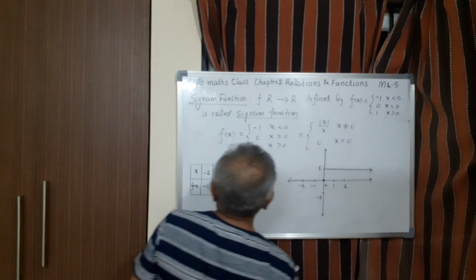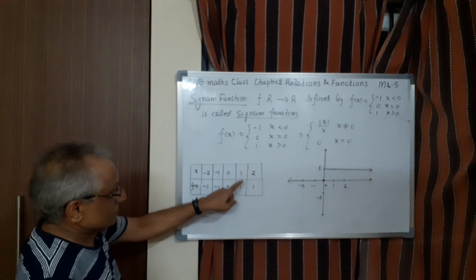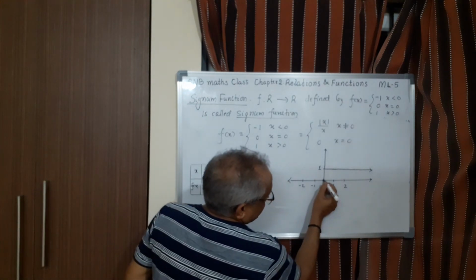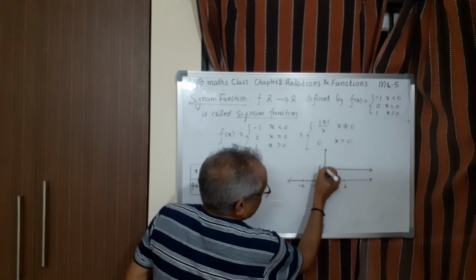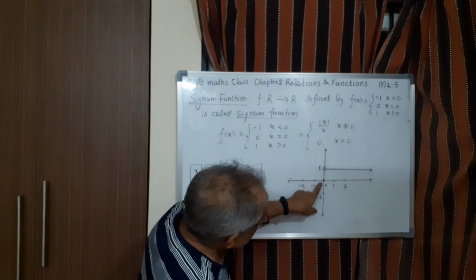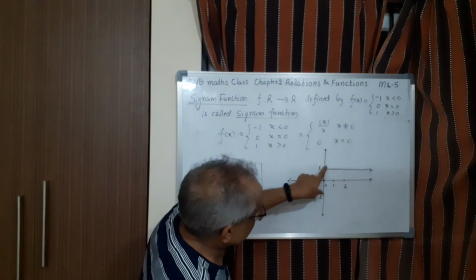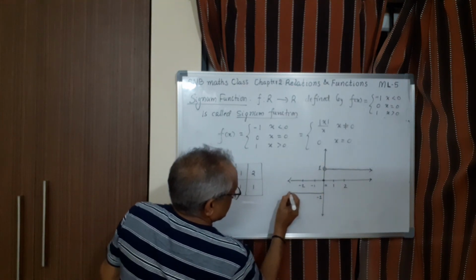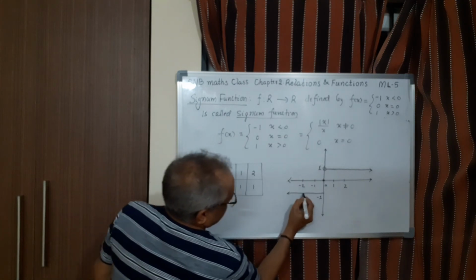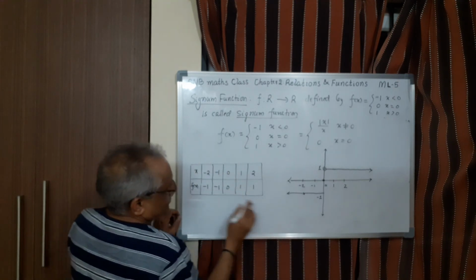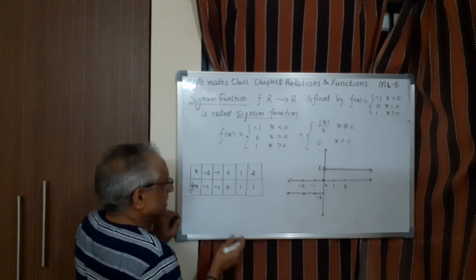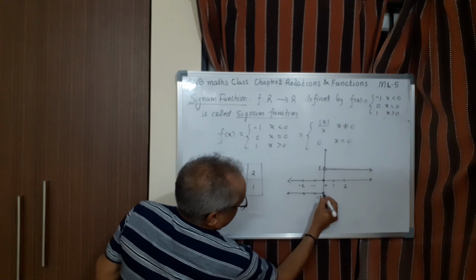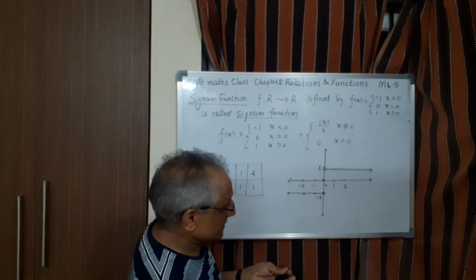All values, even if you take 0.5 also, 0.5 also more than 0, it is 1, like that. But here I have to show, this is the point. Here I have to show a blank because 0 is coming here, 0, 0. So this point is blank. Same thing here. You have to draw the line like this, because you see, minus 2 it is minus 1 here, and minus 1 it is minus 1. Even if you take minus 0.1, it is here, minus 1. So like this. Here also I have to take a blank here, meaning, see, it is a jumping curve actually.